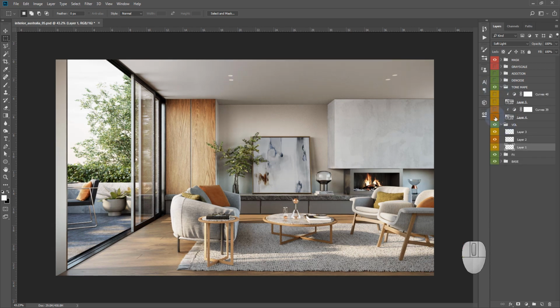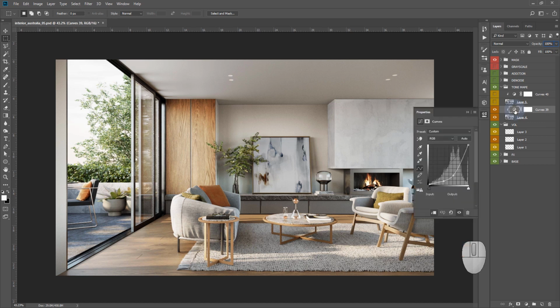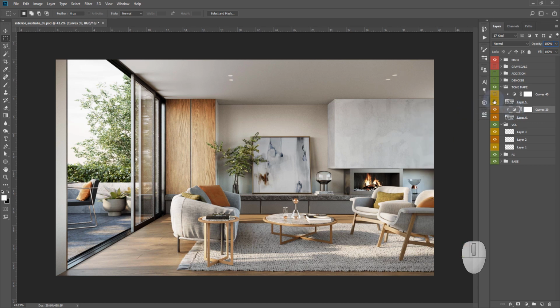Next, we work with tone mapping. I merge all layers and discolor them. Blending mode. In this case, we assign 13% in screen opacity. And I added some curves. Pretty much the same here.